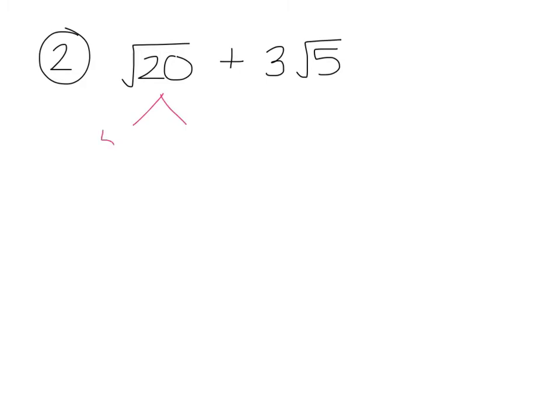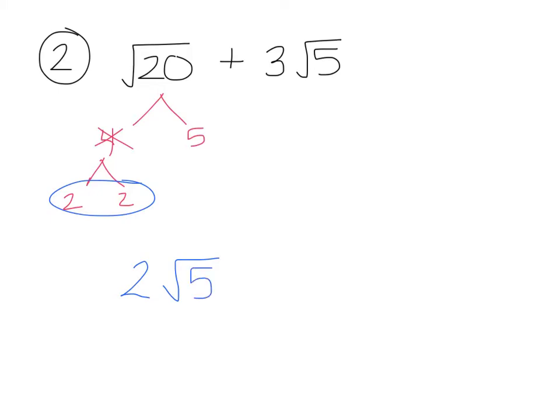So 20 breaks down into 4 times 5. 4 breaks down into 2 times 2. We can cross off the 4 because we broke it down. 5 just breaks down into 5 times 1. So there's our factor tree for 20. We have a pair of 2's. So the square root of 20 now becomes a 2 on the outside, and our leftovers, remember, go inside the radical,